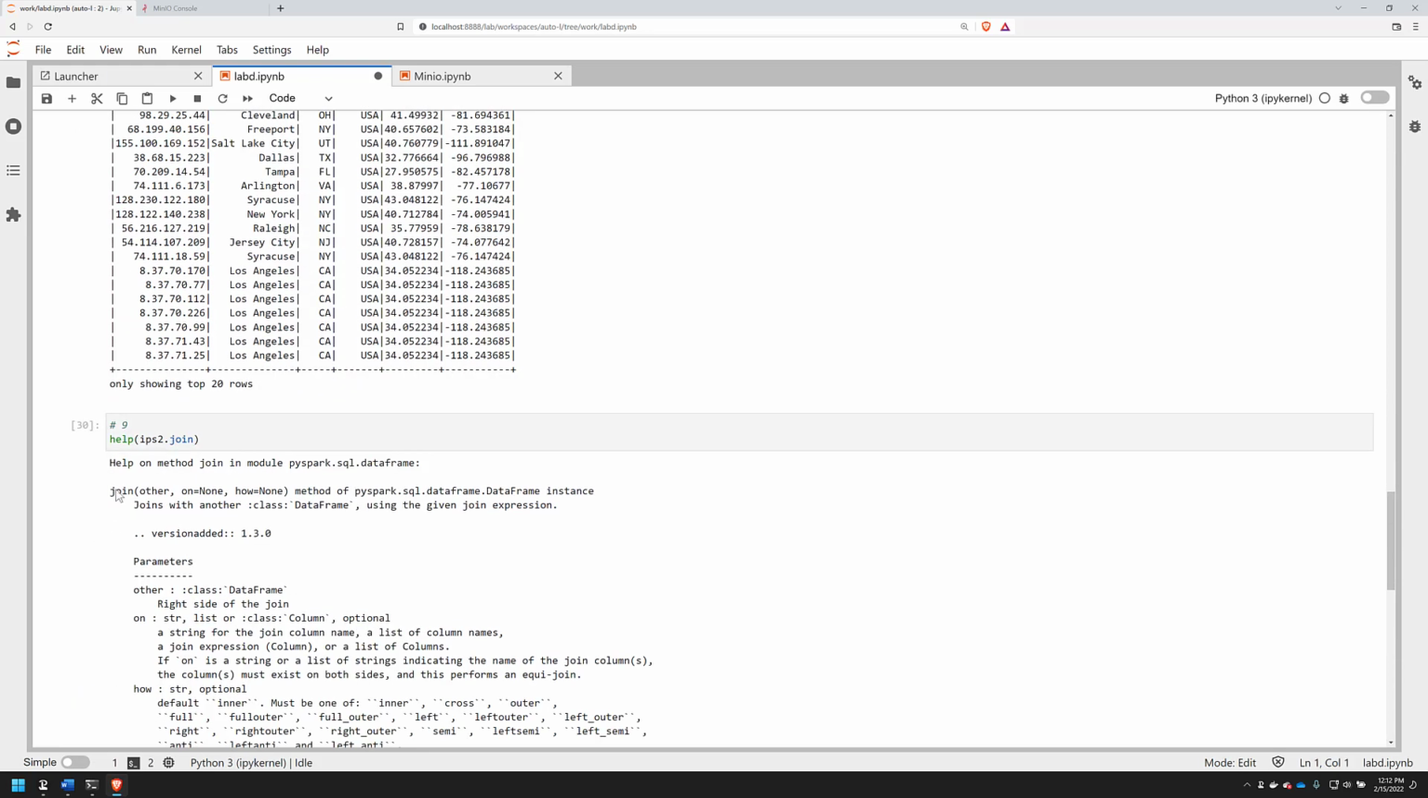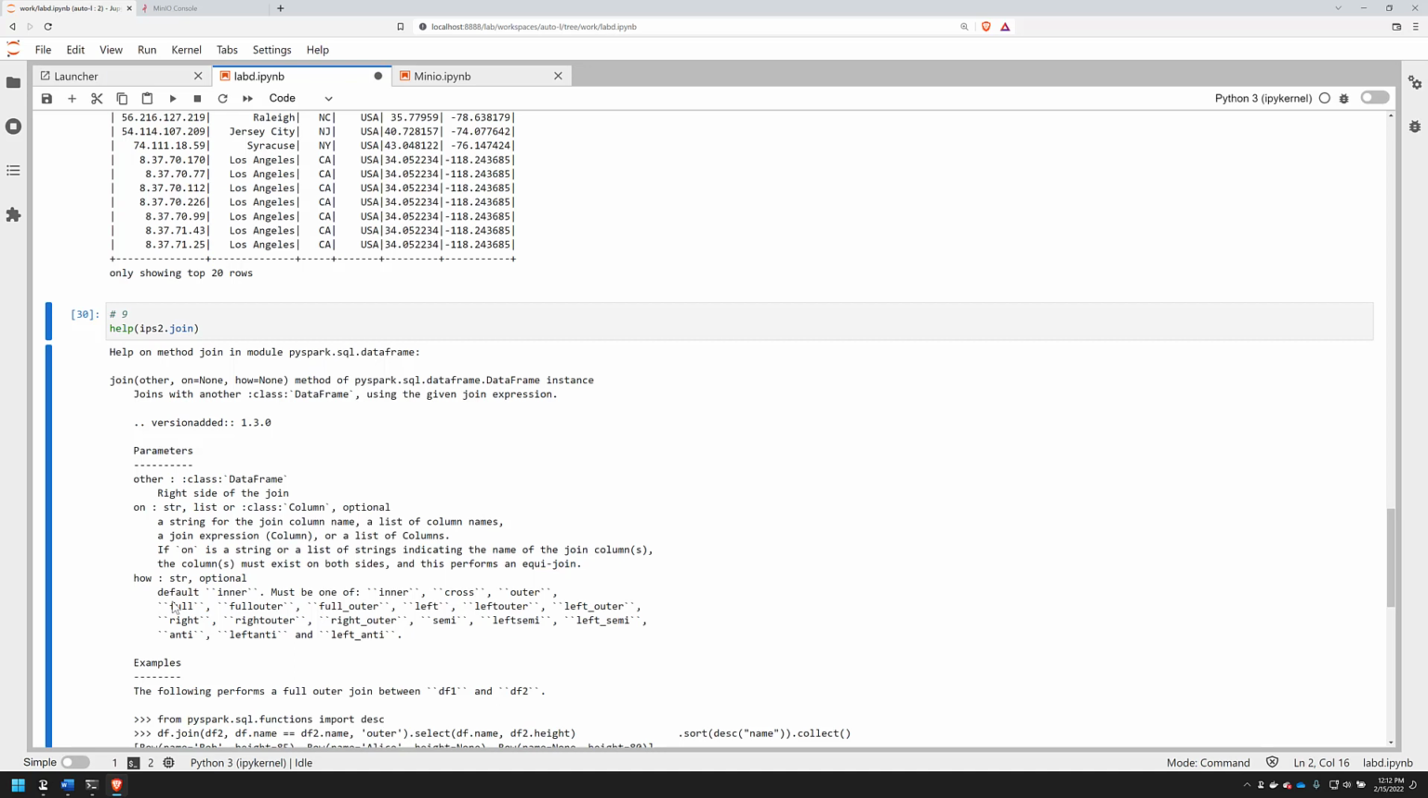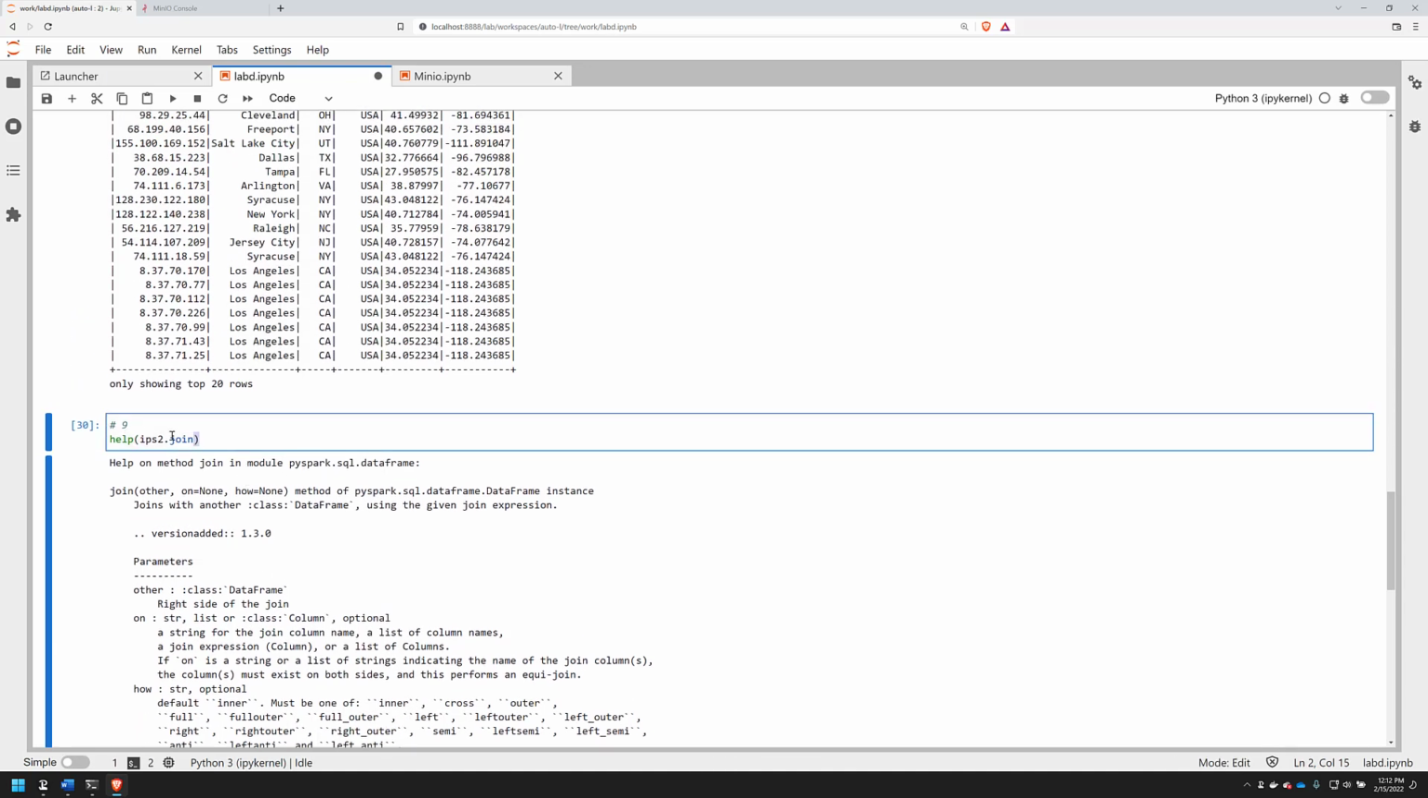It says I need an other, which is another data frame, and then I need an on, which is how I join them together, and then I need a how, which is full outer, inner, left, right, cross join, etc. Which I think I want an inner join here. So let's give it a whirl. comb1, IPS2